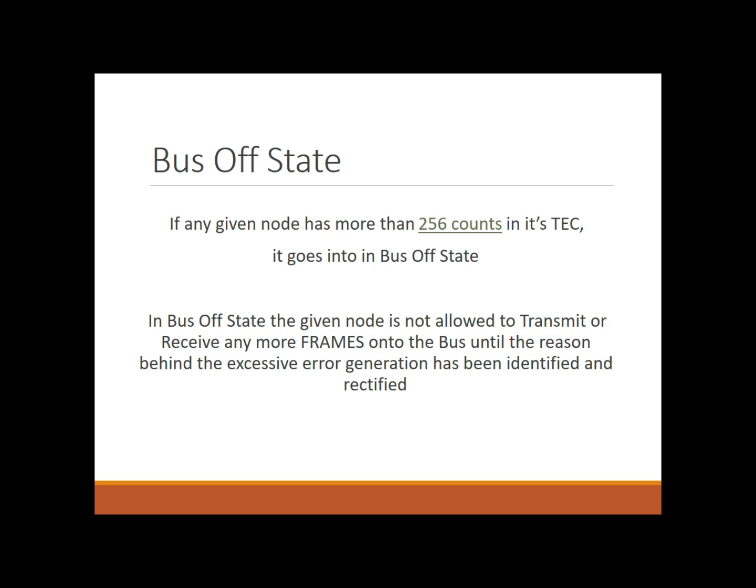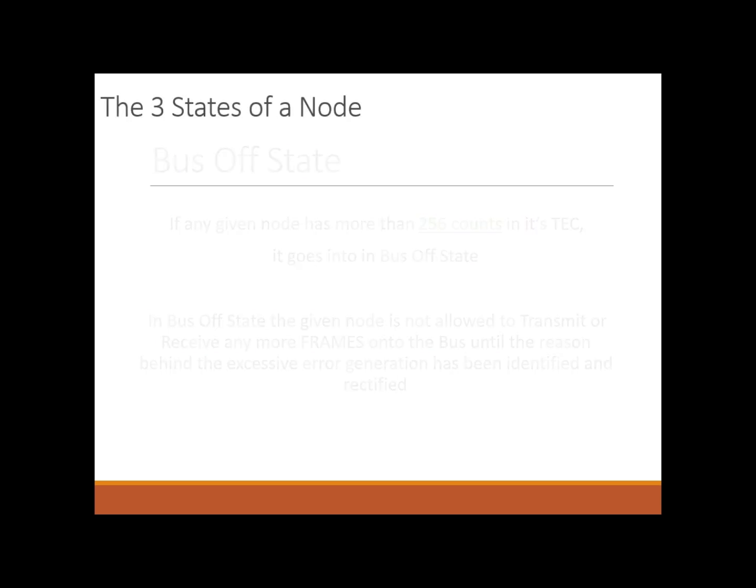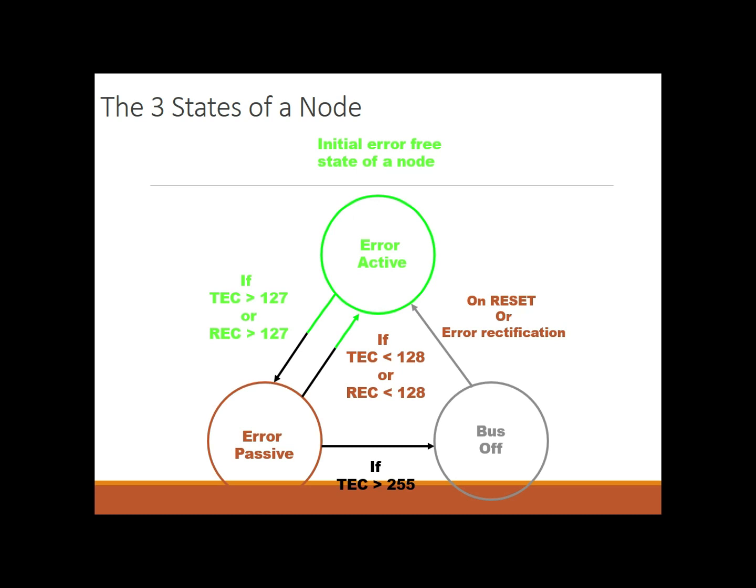You need to send 11 recessive bits 128 times. That will be sent automatically. That's the reason we have the feature called error handling and error correction in the CAN protocol. Next, we can also see the error states in this diagram. If the transmitting error count is less than 128, it is the active error state, and if the transmitting counter is greater than 127 and less than